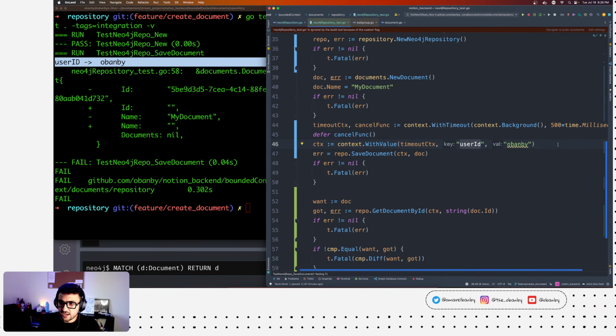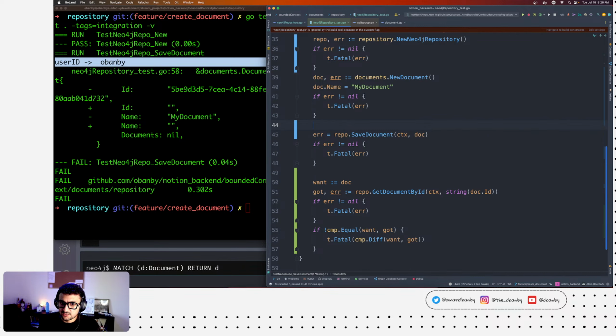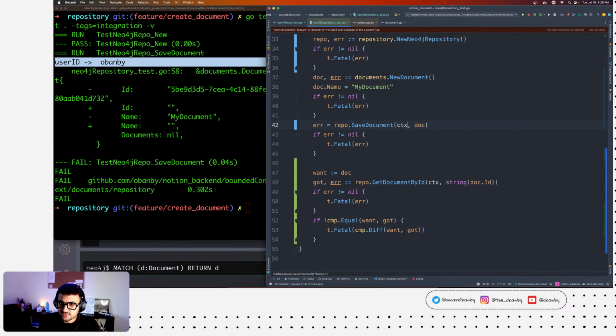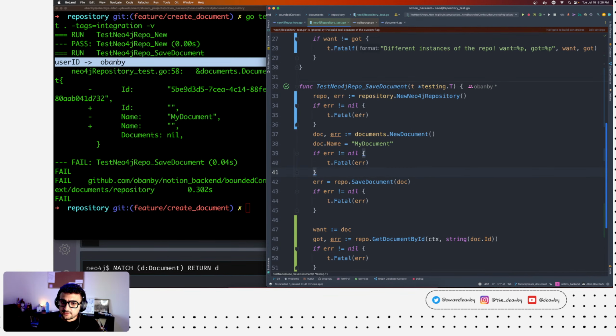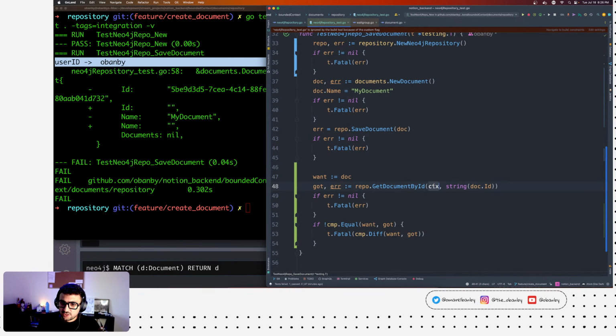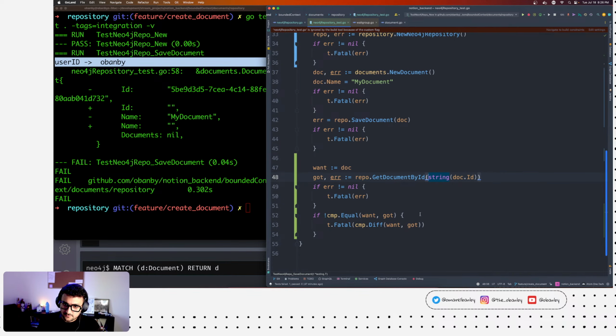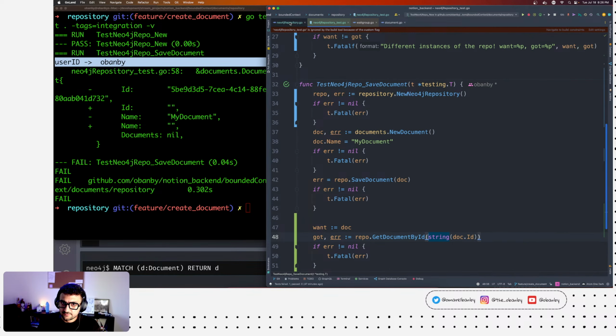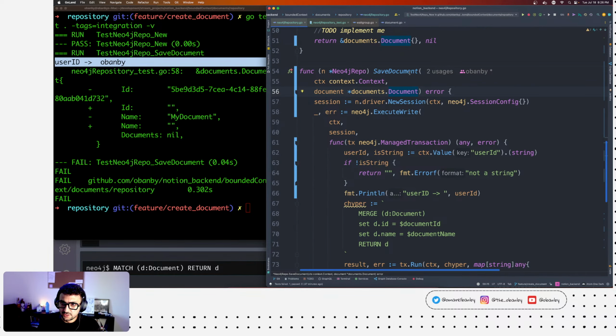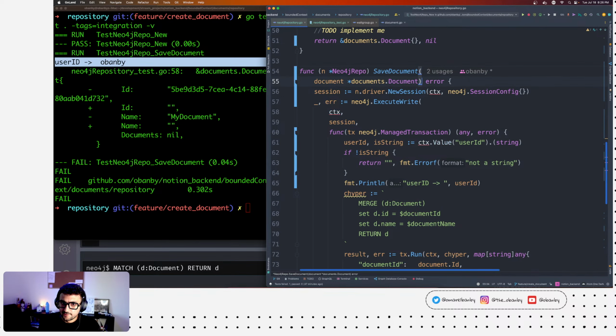So for now, I'm gonna delete this timeout context stuff. And I'm gonna get back without the context. So that should be fine. Repository, save document.